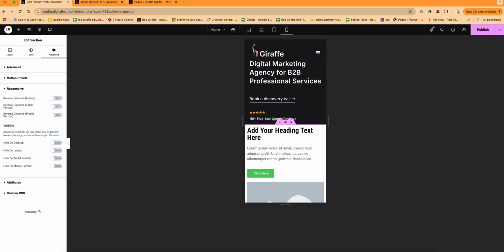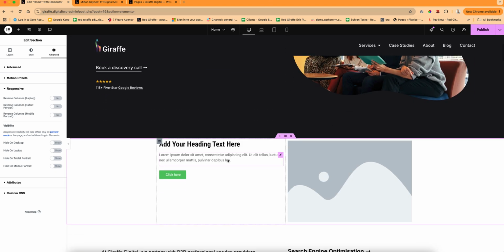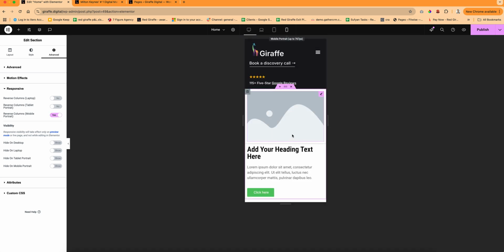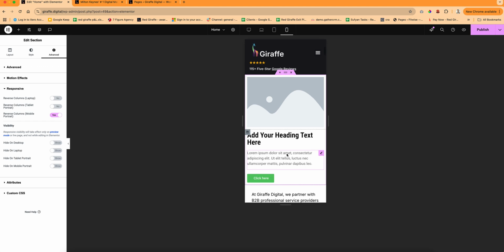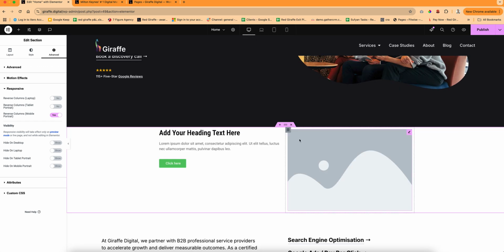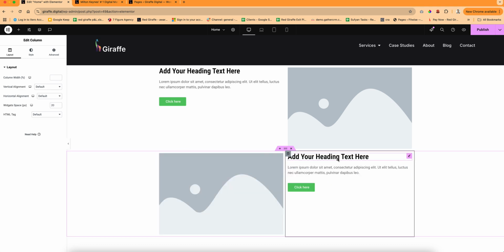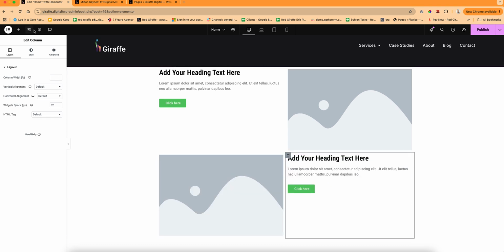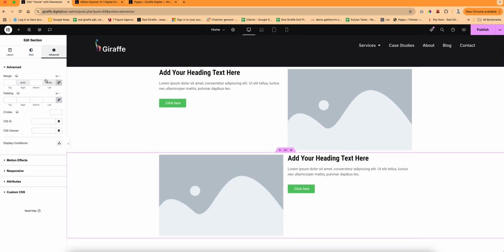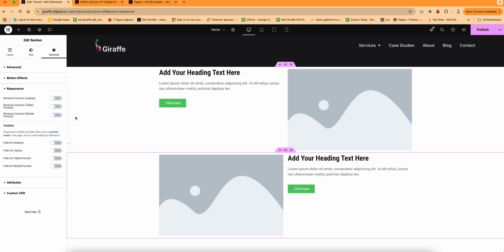And we can also reverse the column order on a mobile as well. So if you're in the advanced tab under responsive, we can go reverse columns on mobile, and that's going to swap the column order around. So on a mobile, we would just have the picture first and the text after. So that's quite helpful actually if you have a layout that looks something like this. That's not going to be particularly nice on a mobile because we would have text, picture, picture, text, and